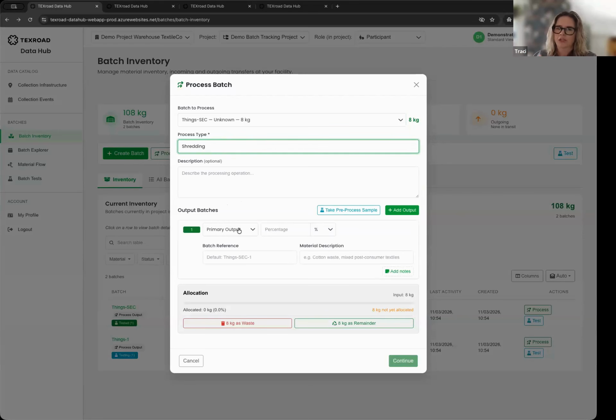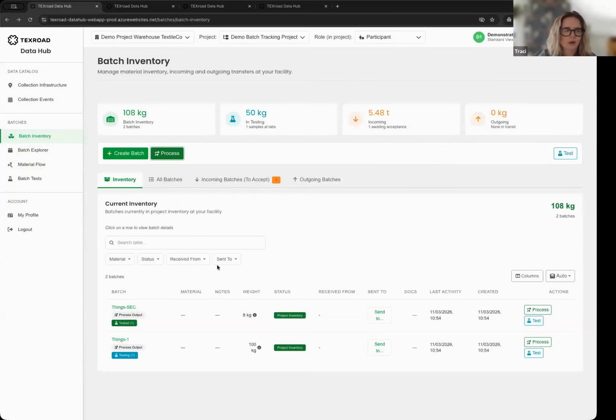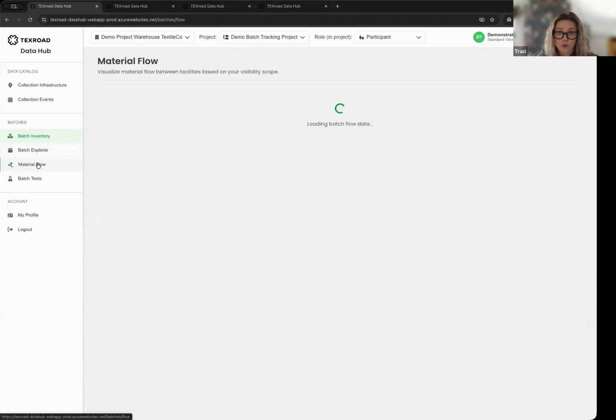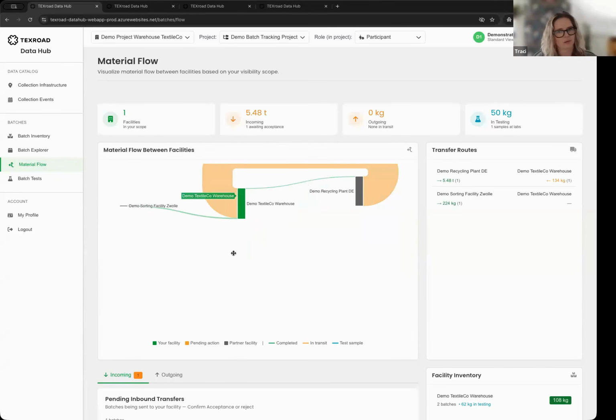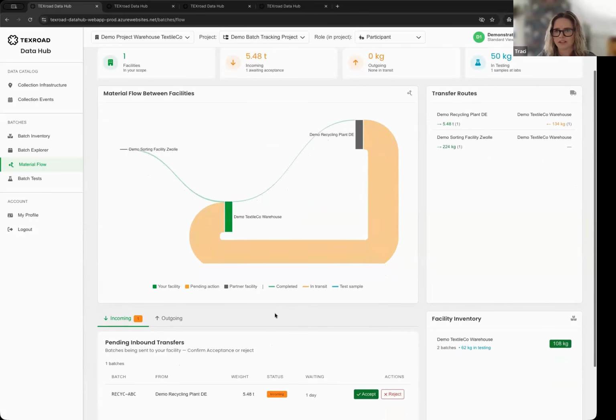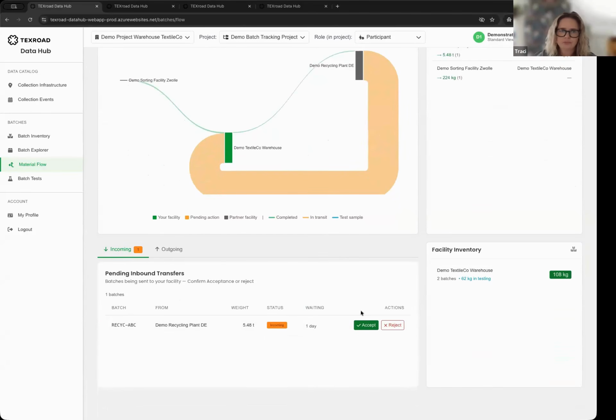It's all here and chains all of these flows of goods together. The other cool thing you can see is the different flows of materials between you and your suppliers and your buyers, or whoever is accepting materials on the other side. So you also get a nice draggable Sankey visual to show everything that's going on.